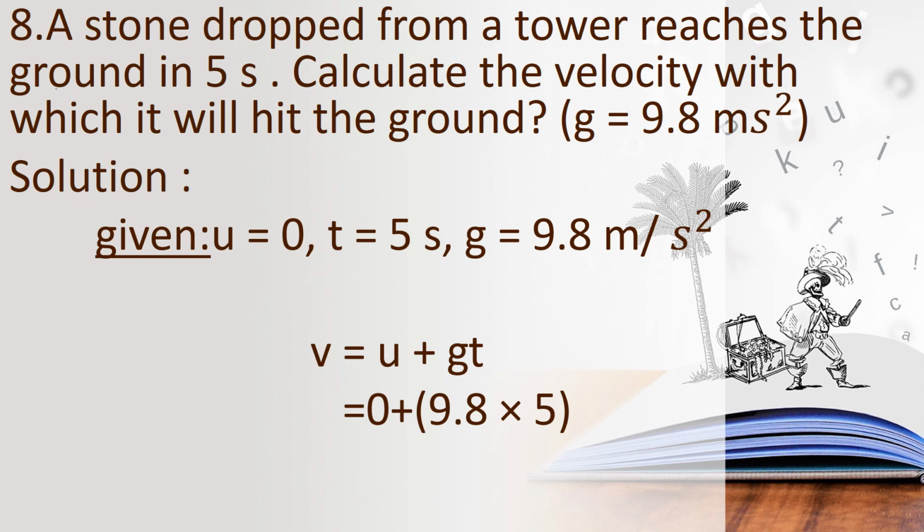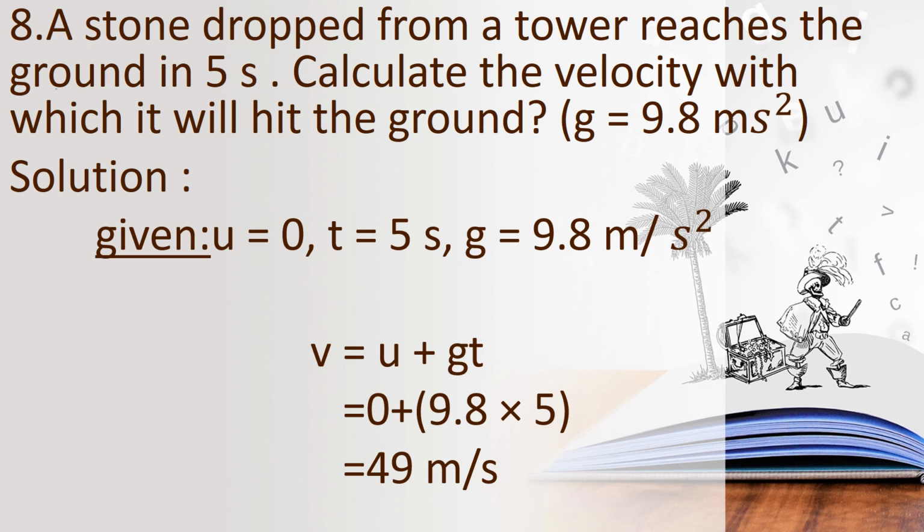Multiply and say the answers, children. 9.8 into 5. So the velocity is 49 meter per second. Okay, children, have you all got this? Very easy. They had already said the stone is dropped from a tower, so it is